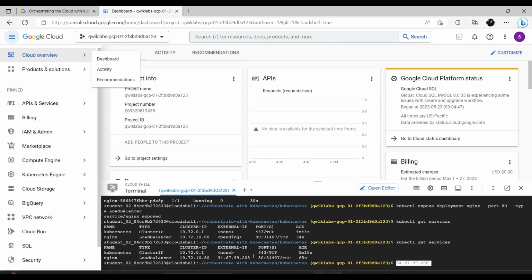Whoa. Let's go again. Let's copy the command, and for the external IP, let's write down 34.7.99. I'm getting this number from here. Now we click enter,